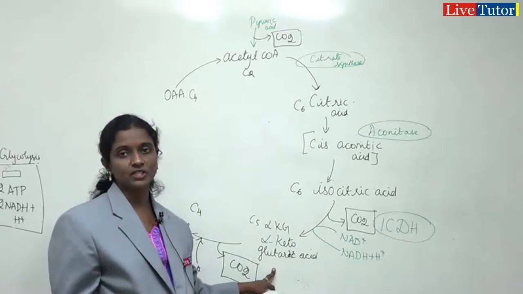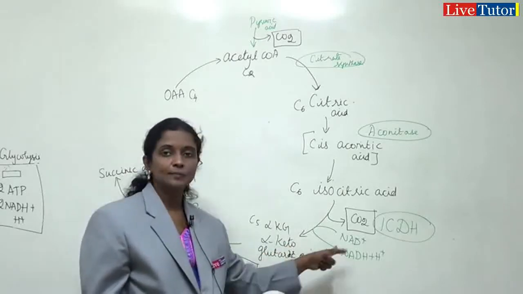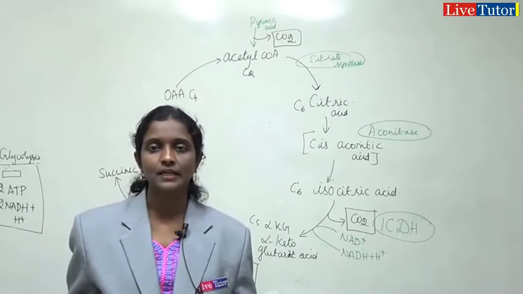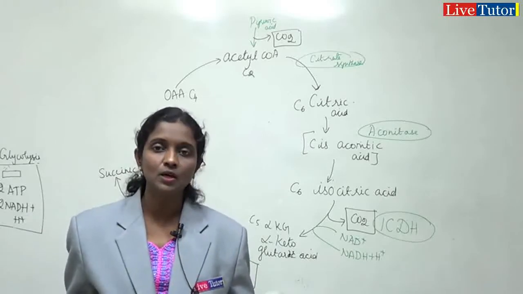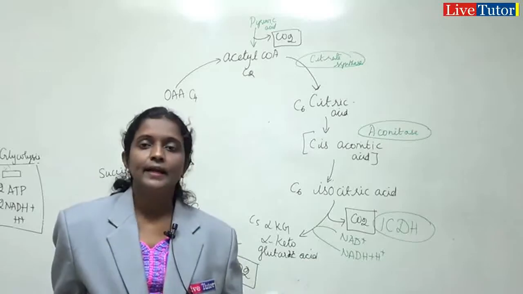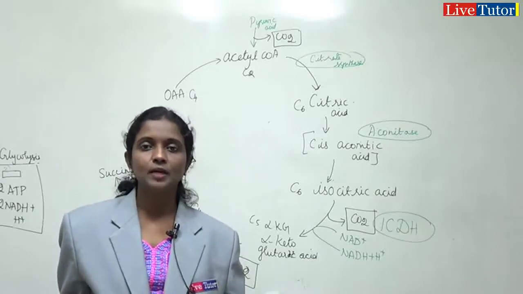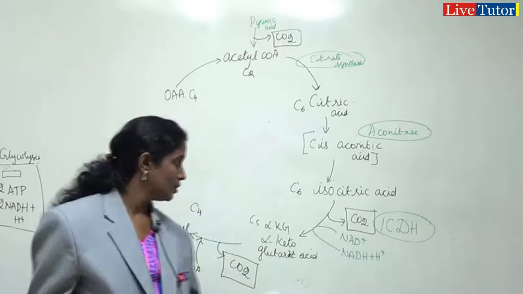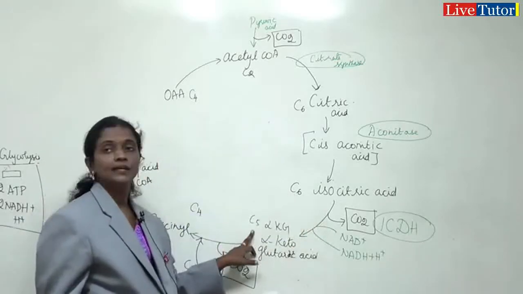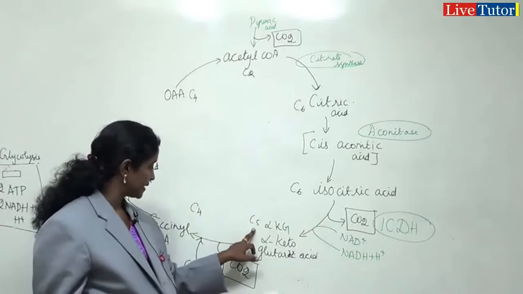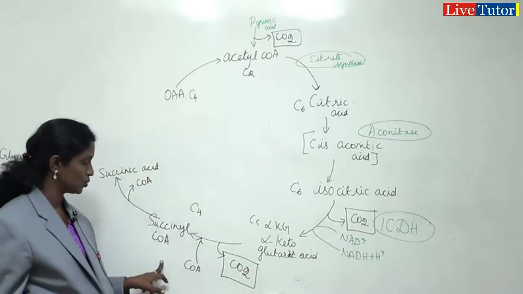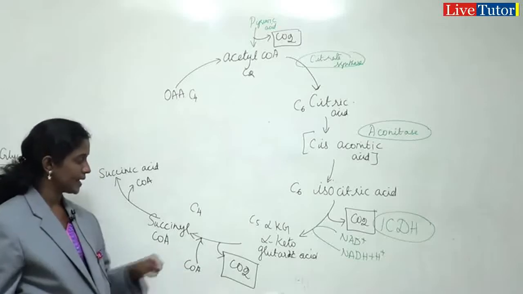is also hydrogen liberation. So that hydrogen is going to be captured by NAD, so that it becomes NADH, reducing equivalence. We call that reducing equivalence. Reducing equivalence can be only NAD or FAD. Right? So here it is going to be NAD. NAD is going to come and receive the hydrogens and it becomes NADH plus H plus. Now from C6 carbon, it has become C5 carbon. And from the C5 carbon, it has become C4 carbon. Okay, C4 carbon, which is succinyl-CoA when the CoA gets added. So again,